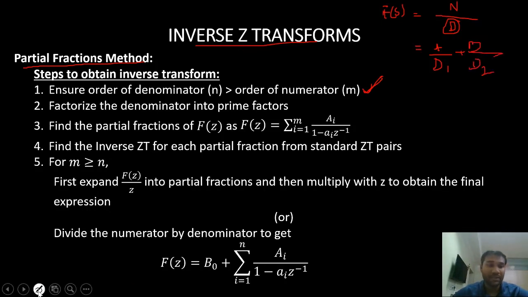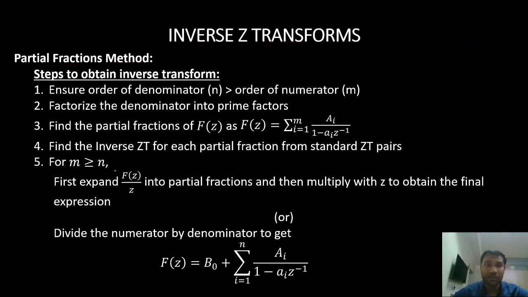Now what we are going to do in case of Z transforms, if f of z is there, now we will take f of z divided by z, and then find the partial fractions. That is a divided by z minus z1 plus b divided by z minus z2, and so on, like that. First we have to divide f of z by z. This is the important part in Z transforms. This is how Z transforms is different from the other transforms.